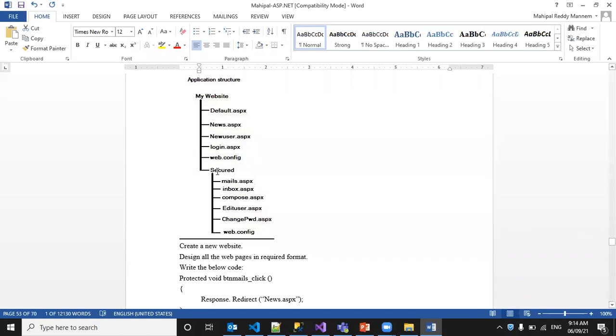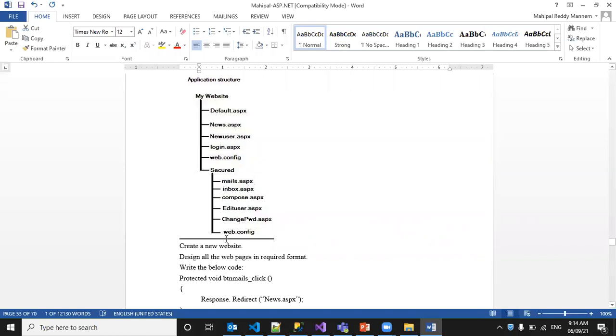So I have one secured folder under my website, with mails.aspx, inbox.aspx, compose.aspx, edit user, change password. These are secured pages. I want to give access to only authorized users.